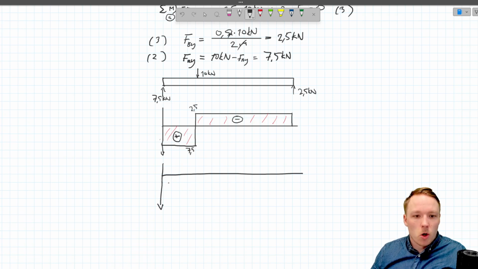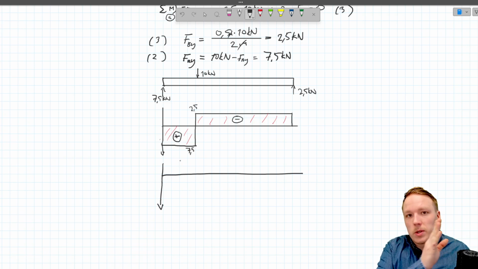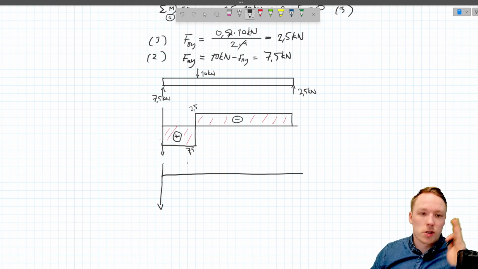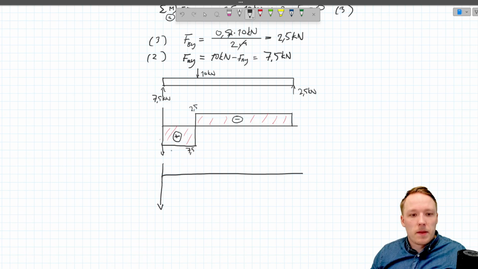Then when we start from left hand side, going to right, we know that our support reaction 7.5 kilonewtons is causing bending moment. Based on our sign convention, we know that when we have positive force direction upwards, it means that the bending moment caused by that is also positive, so we draw it in this direction,